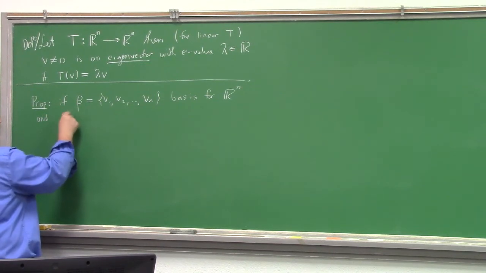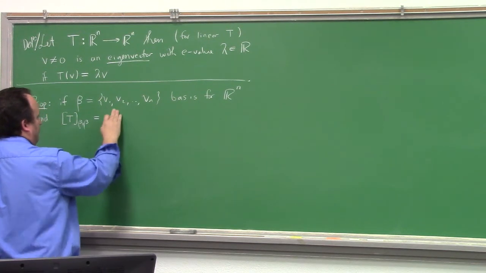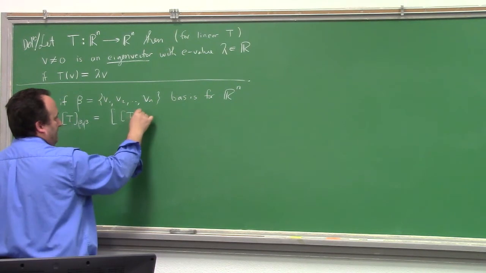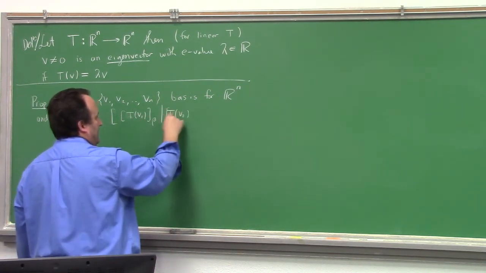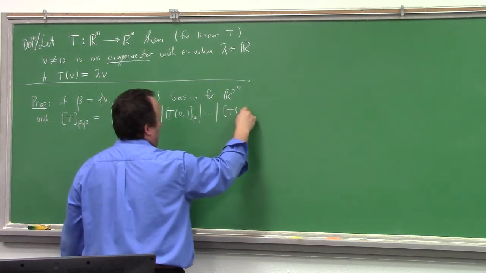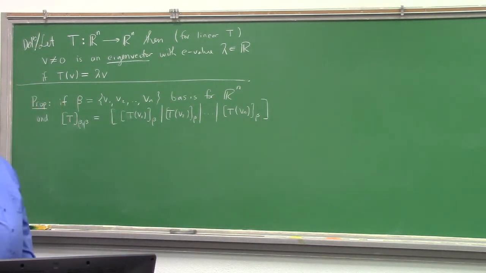the matrix of T with respect to beta beta, what was it? Remember? So we do T of V1 in the beta coordinate system, T of V2 in the beta coordinate system, T of Vn in the beta coordinate system. So this is the matrix of T with respect to the beta basis that I introduced in a previous talk. All right, if that's a basis, and this is the matrix for linear transformation T,